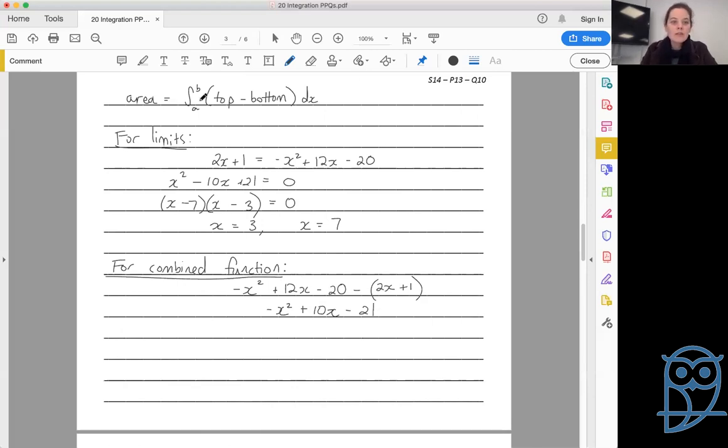We have our limits, we have our top minus bottom, so now we are ready to do our area. So that statement at the beginning really works like a shopping list of what we need to work through in order to get to our final answer. And those sorts of shopping lists are fantastic in maths, especially when you get to longer questions. Okay, so for the area,